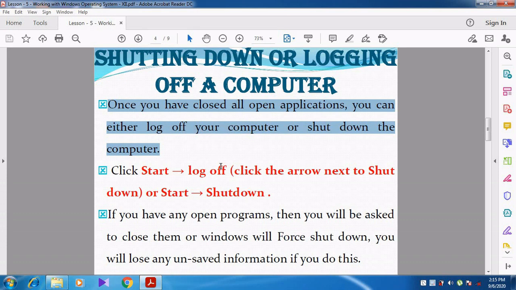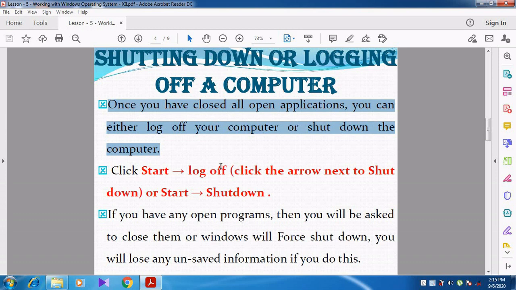Shutting down means you close all the applications and then switch off the system. That is called turning off, that is shutting down the computer.